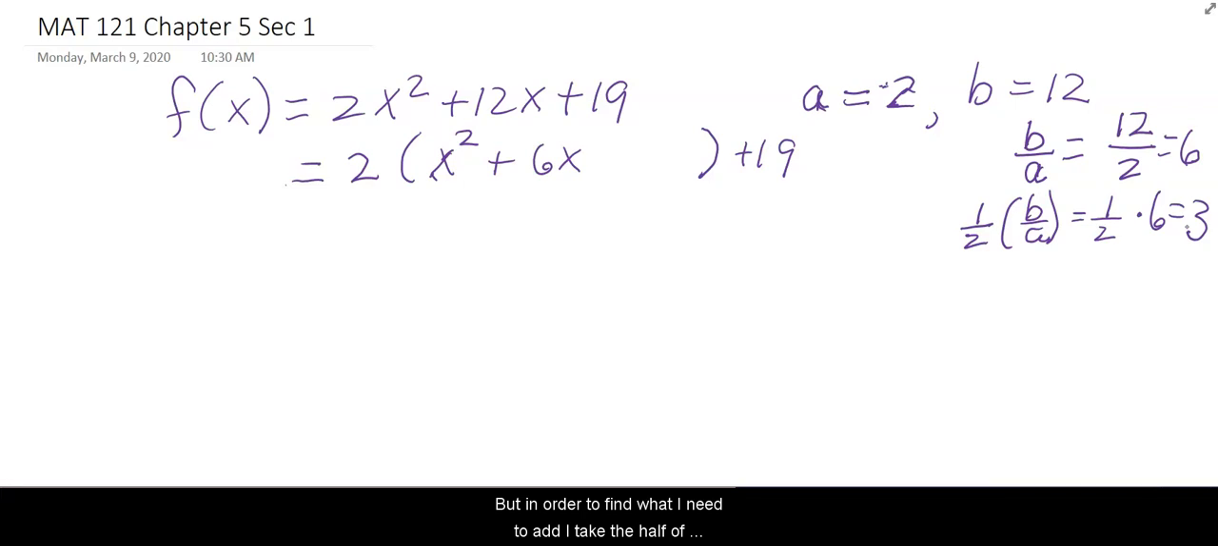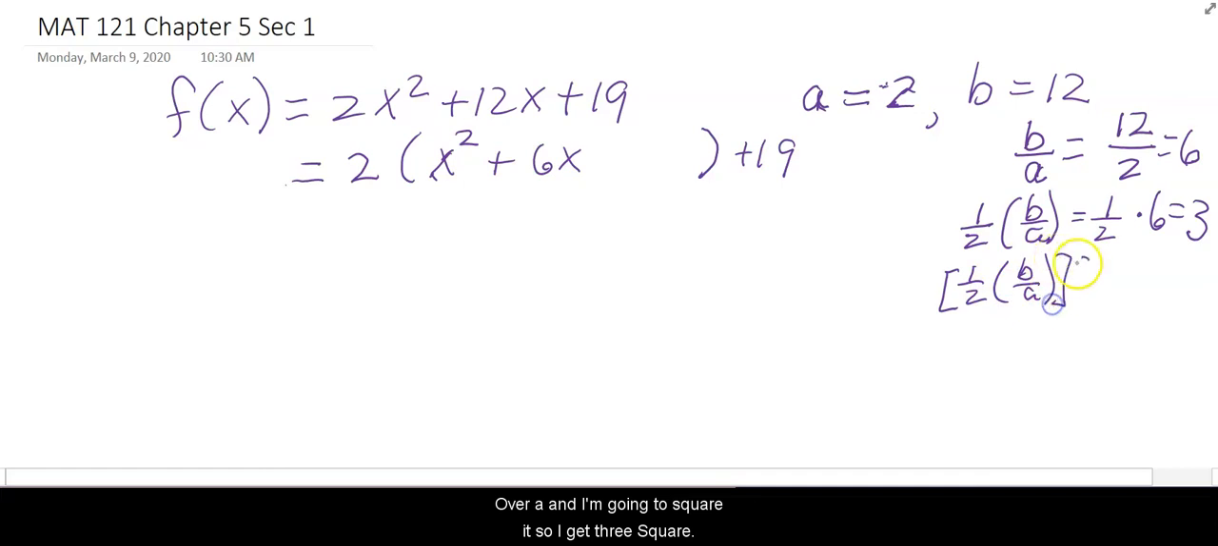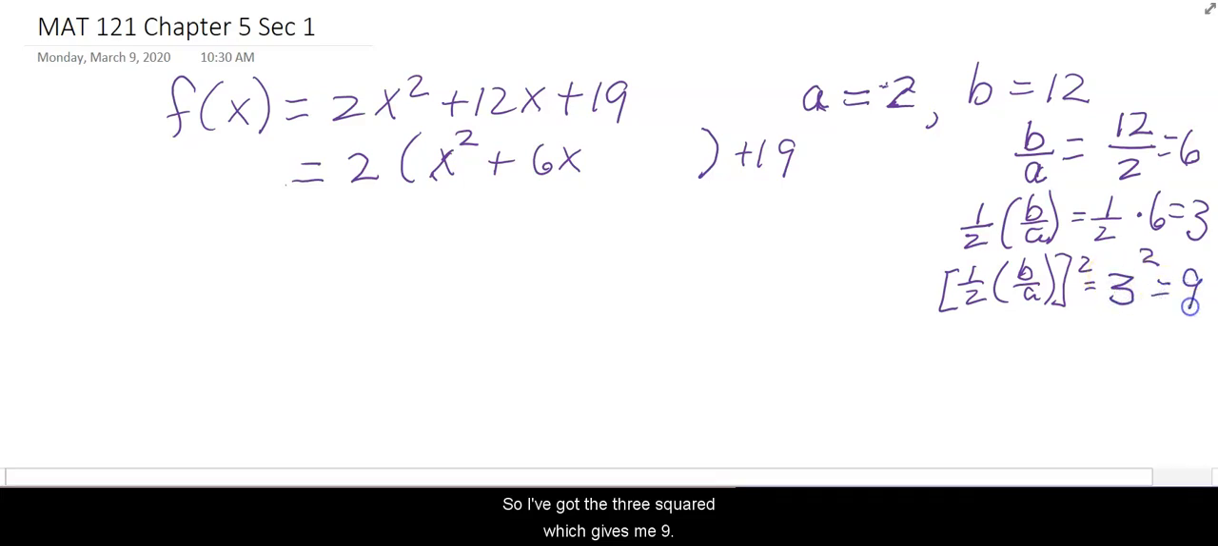But in order to find what I need to add, I take half of that number and I square it. So now I'm going to take 1/2 of the b over a, and I'm going to square it. So I get 3 squared, which gives me 9. So I add the 9